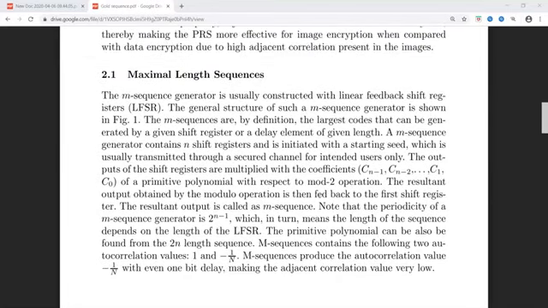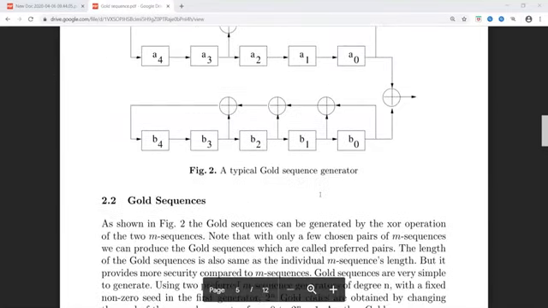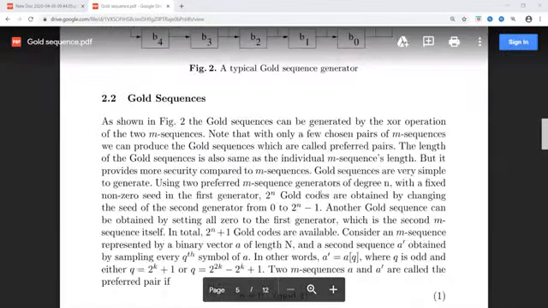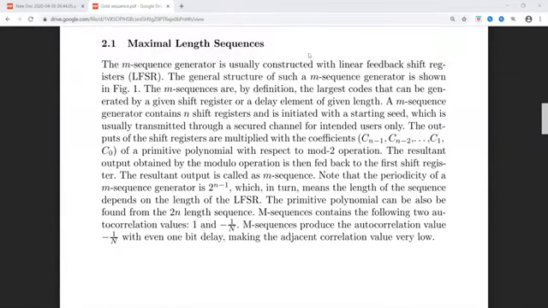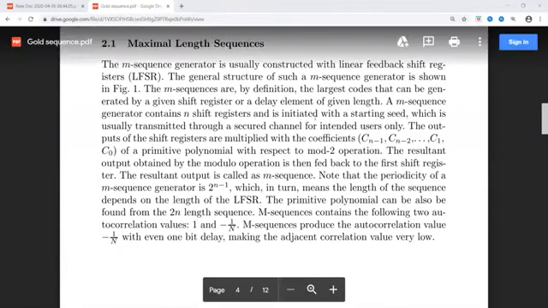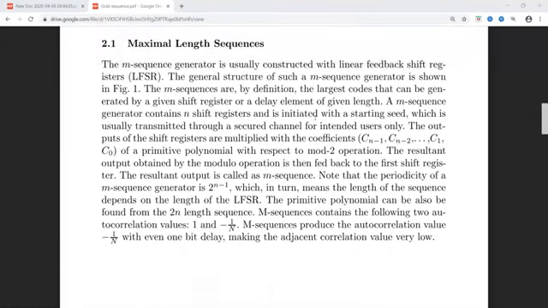Maximum. Yeah, this is the explanation of M sequence generator, maximum length sequence. This material I will send to you in your respective groups. So, maximum length sequence.